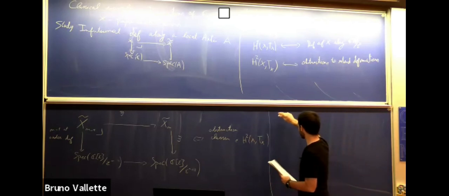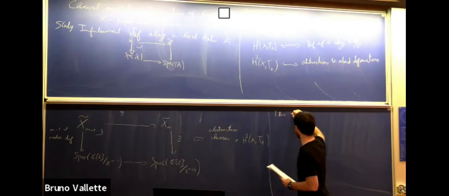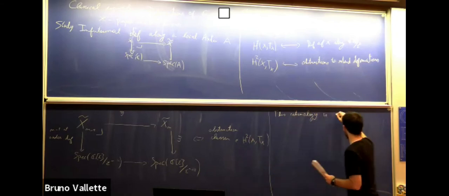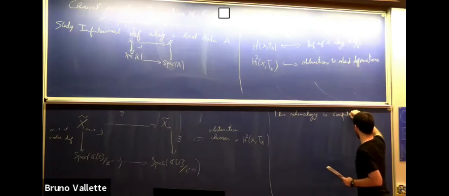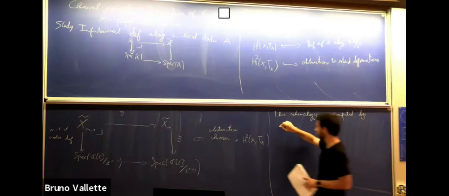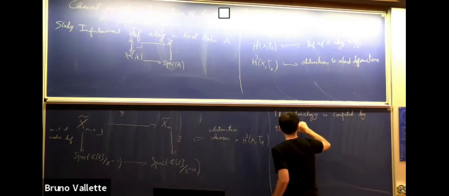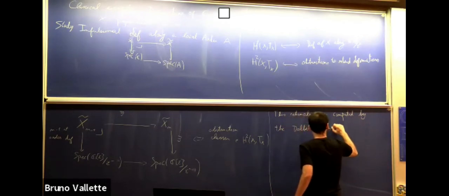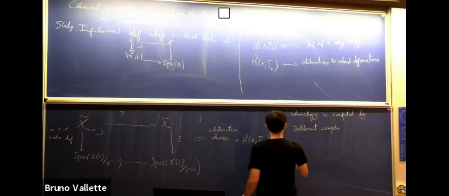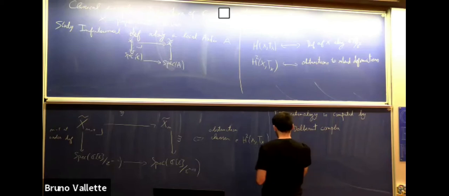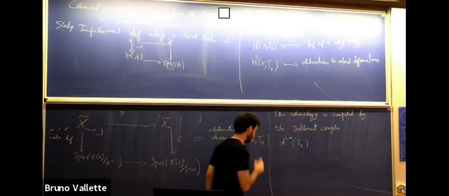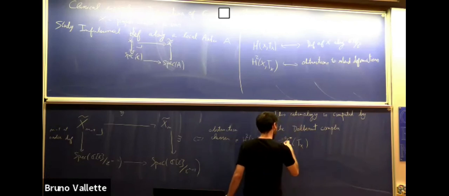So it turns out that this cohomology is computed by this Dolbeault complex, A^{0,•} of T_X, or maybe let's just call it omega,